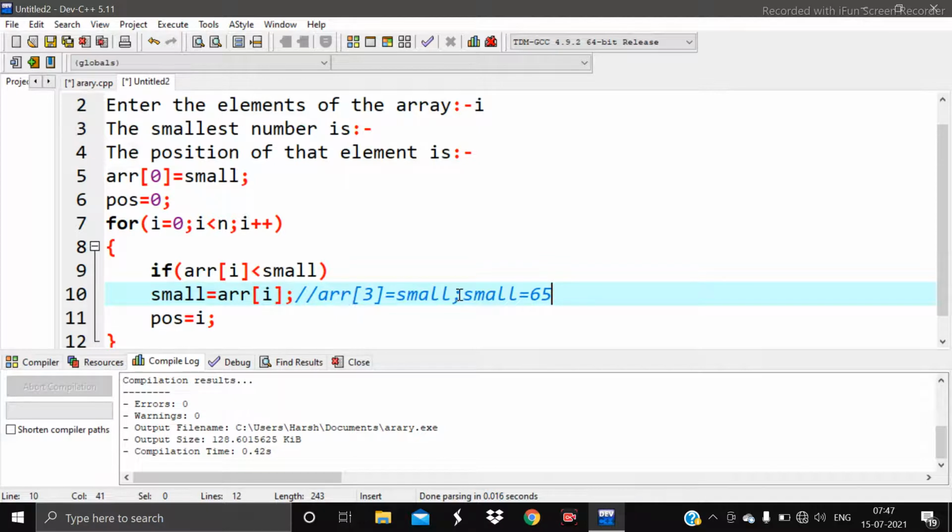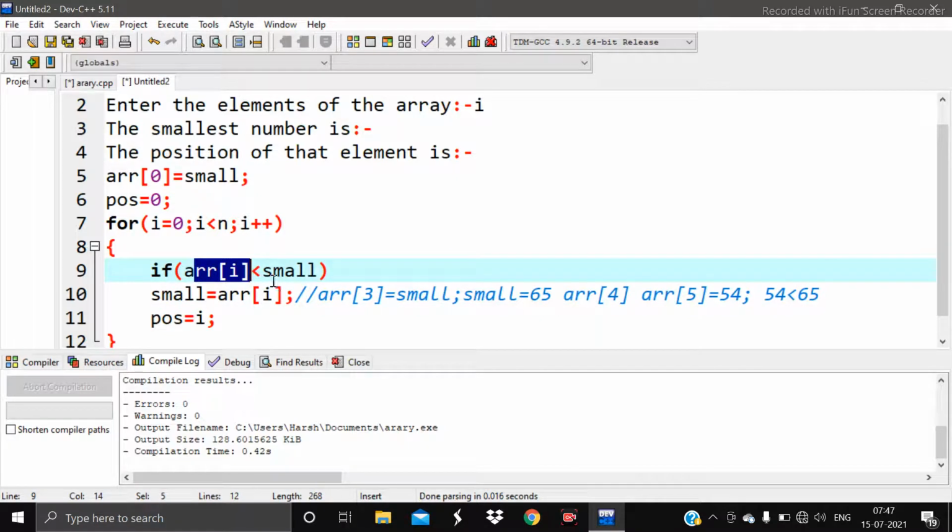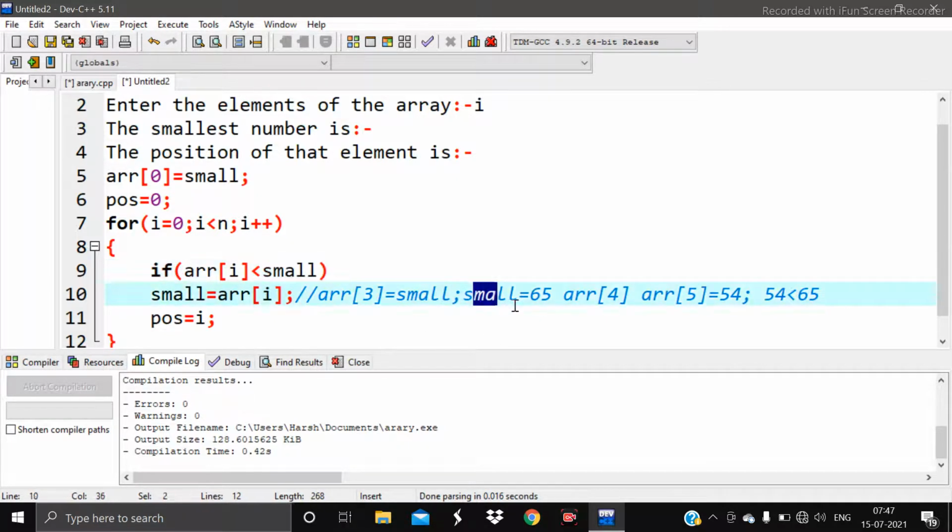Then it will check arr[3], now arr[4], then arr[5]. For example, if arr[5] is equal to 54, okay, 54 is now less than 65. So in this manner arr[5] is less than small, which was already declared 65, because small is equal to arr[3].